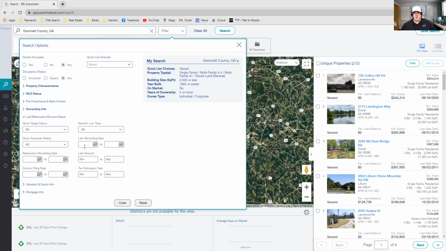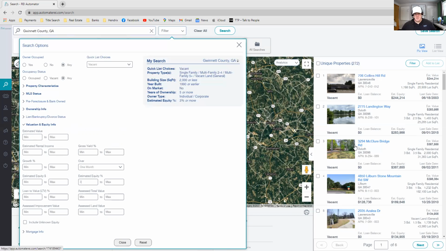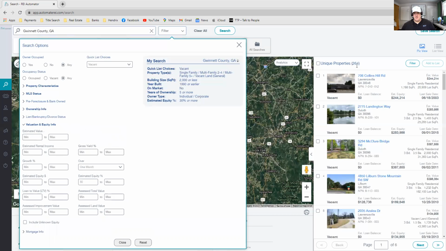So you might say, let's see here, submit equity minimum 30%. So that's going to take that number down to 264. And you can do dollar amounts. I mean, it